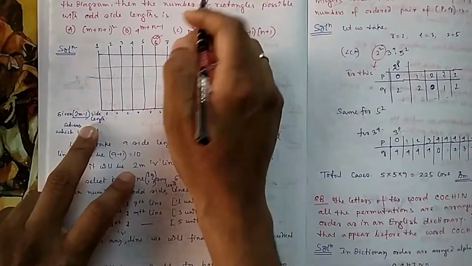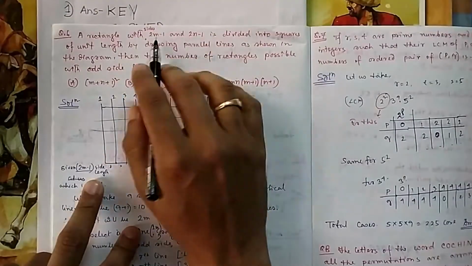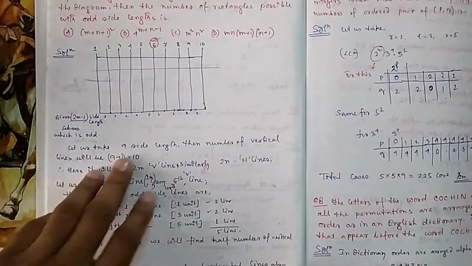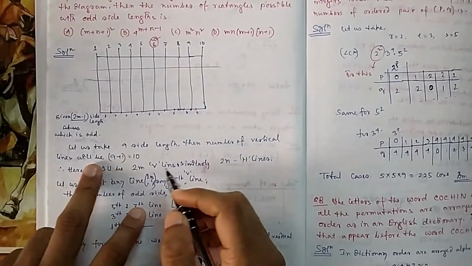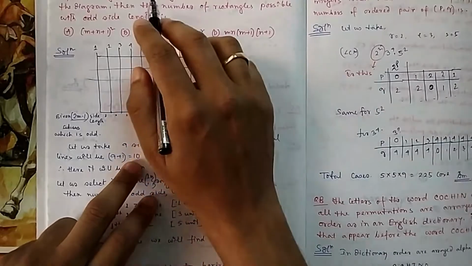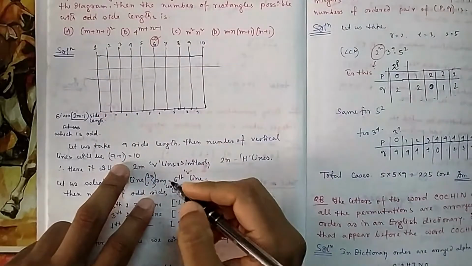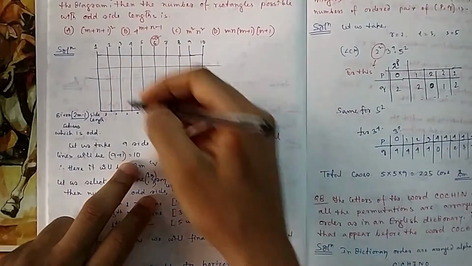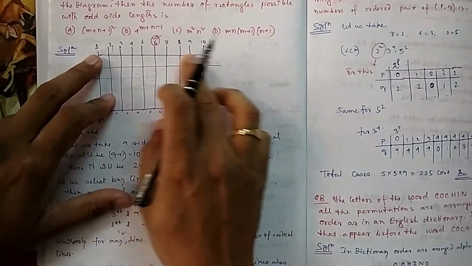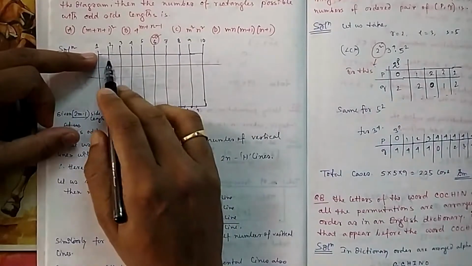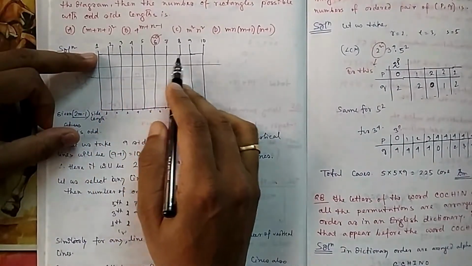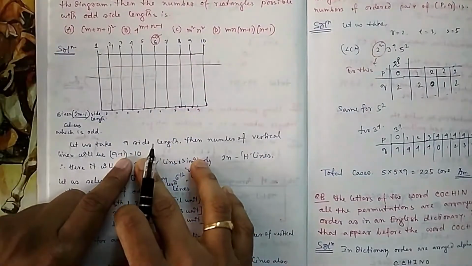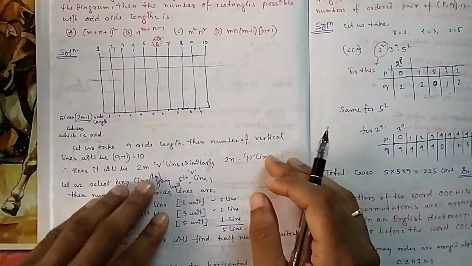And 2m minus 1, 2n minus 1, these two are always odd numbers. These you know. So let me take an odd number for simplicity and understanding. Let us say the side length is 9. Then how many vertical lines can you draw? If I am taking 9 unit length, 1, 2, 3, 4, 5, 6, 7, 8, 9. If you divide it, how many vertical lines are there? 10 vertical lines. One will be added extra because you are opening from both sides.